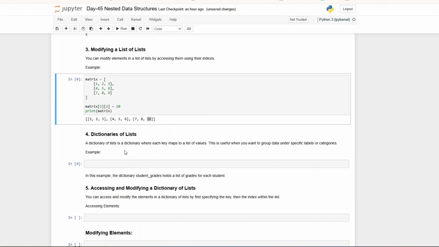Next, we have dictionary of list. You know that in the dictionary we have key and values, and the value is usually one. But now in this case, you would have key and then your values would then be a list. So you have your dictionary of list. So let me show you how a normal simple dictionary would look like, and we can compare it to a